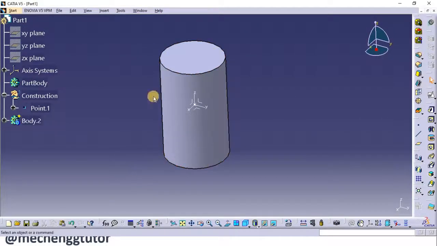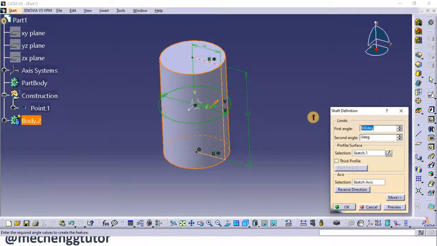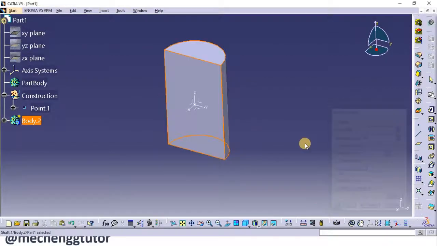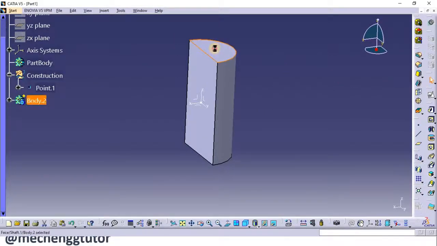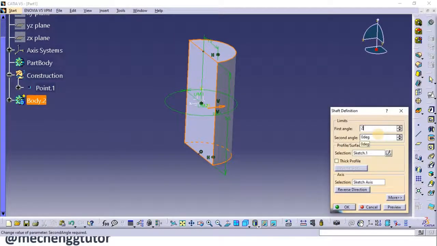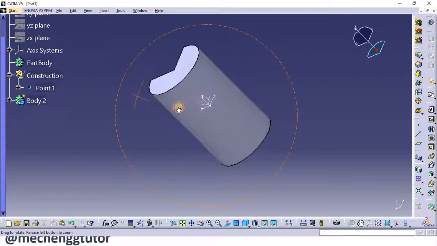But there is some situation where you want to create a cylinder like with semicircle. So in that case, what we do is, instead of 360 degrees angle, here if I just specify this as 180 degrees and say OK, we get this half cylinder. Similarly, if I specify here 270, I'll get 3/4 cylinder.